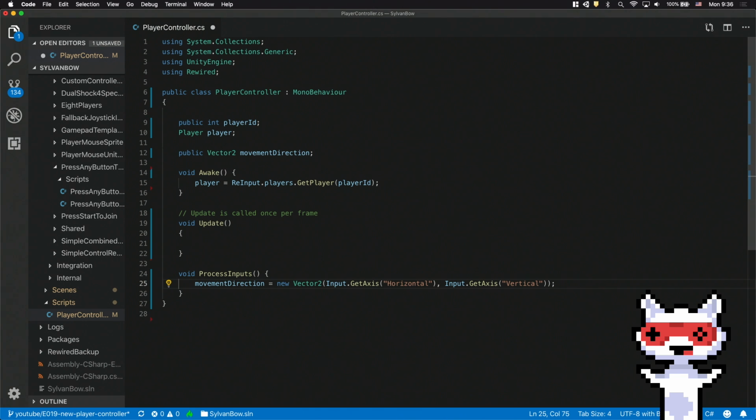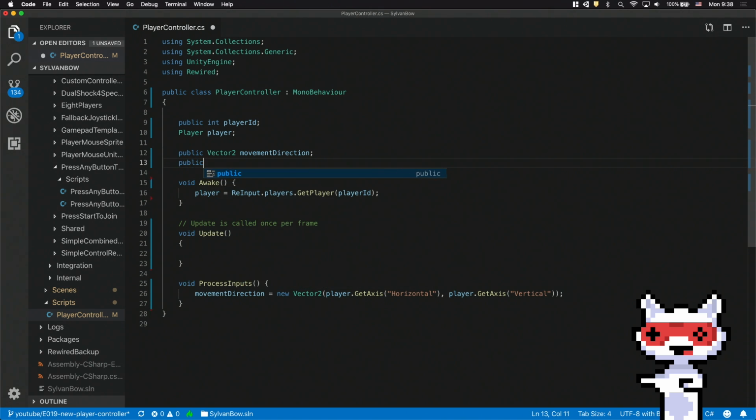From now on, every time I access the inputs through the player variable, you should access them through the input class instead. This is the only difference you will have in the scripts, and of course the few lines we did earlier to initialize Rewired. Cool, we have the direction. Now we need the movement speed and we'll have everything to move our archer.